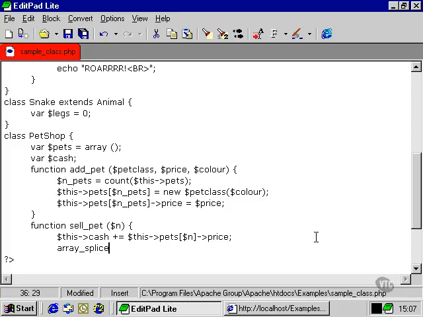So we're going to use the array splice function. And what this does is it takes as its arguments the array, in this case this pet, and then the element that we want removed, and then the number of elements that we want removed altogether, in this case only one. Then we'll perhaps add a little notice to say that a particular pet has been sold,